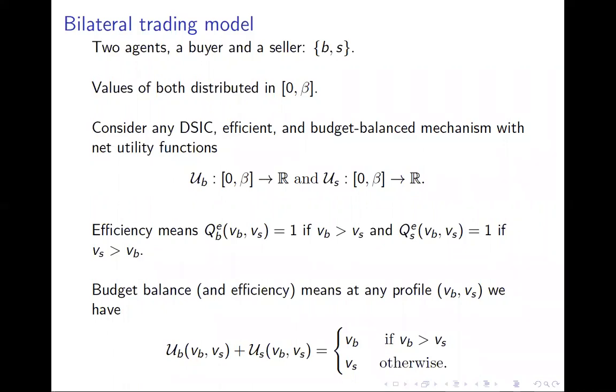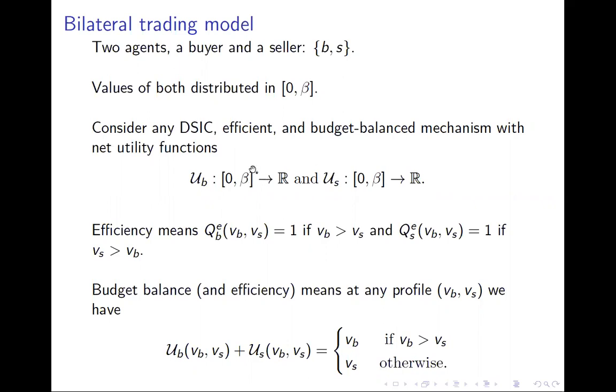Okay, so consider any DSIC, efficient and budget balanced mechanism. Notice that I'm not imposing any individual rationality constraint. I'm just looking at a mechanism which is DSIC, efficient and budget balanced. Okay, and let's say that the net utilities that both the agents are getting are U_B and U_S in this mechanism. So net utility is the utility that you